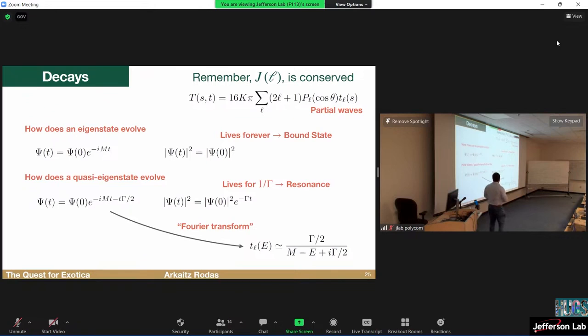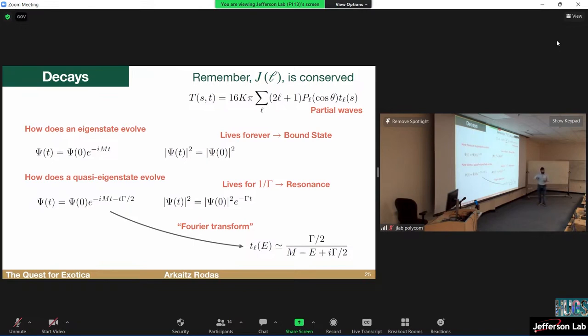So let's start motivating the idea of resonances. First things first, once again, remember, angular momentum is conserved. It's a fantastic quantum number. So we can take the amplitude T, capital T, and then we can split it into different angular momenta. It's what we call the partial wave expansion. All we are doing is basically extracting the orbital angular momentum part, and then we will have partial waves inside that have different values, of course, depending on the energies. And these have well-defined angular momentum.